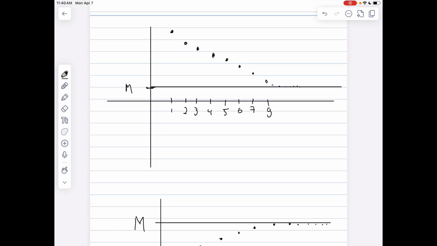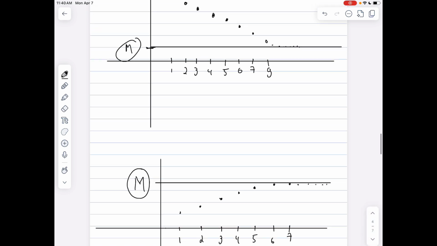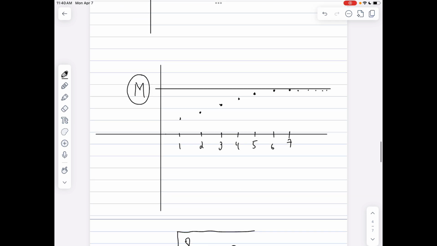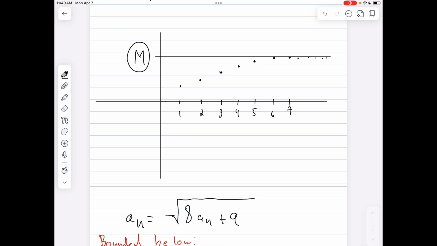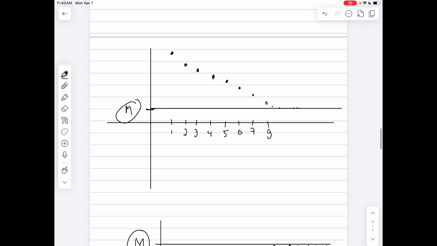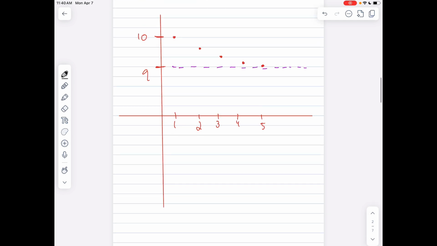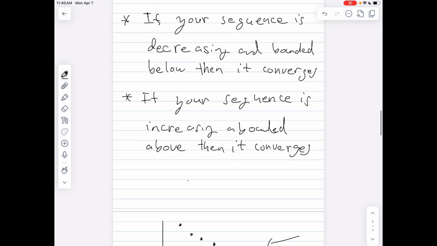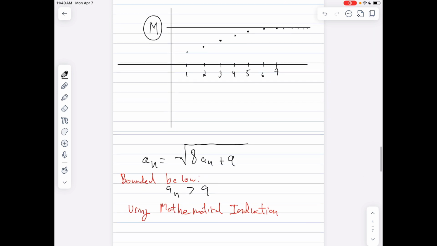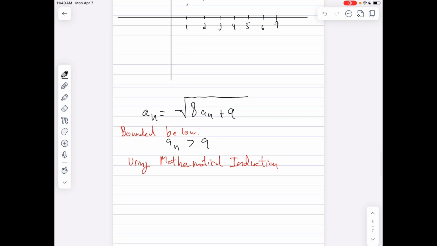Now the value itself is not necessarily m here, that line that I drew. It could be a value that is larger than m or smaller than m. It all depends. All right, so how do I go about proving both those conditions? Again, my sequence looks like that. Going back to the picture here, it's decreasing and it's bounded below. So I want to prove those two things, that it's bounded below and it's decreasing, and therefore I would show